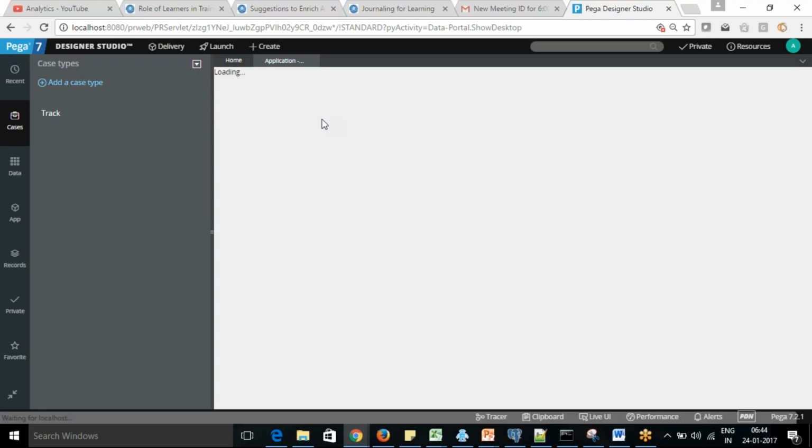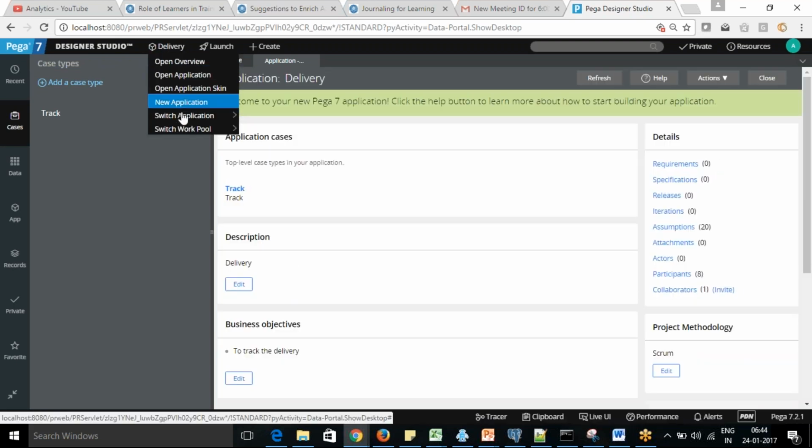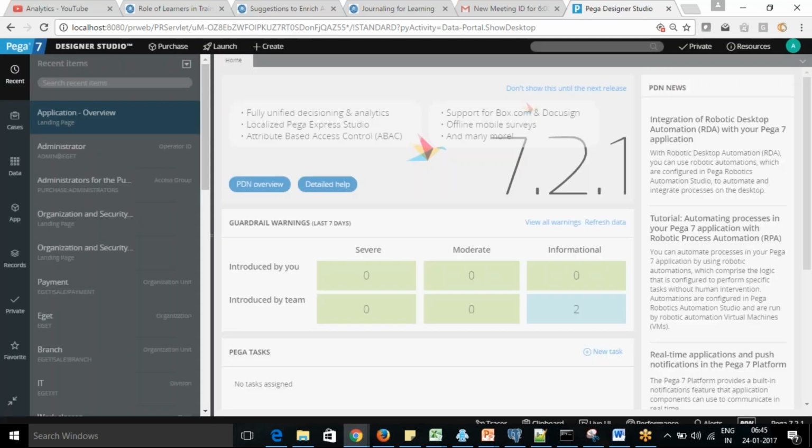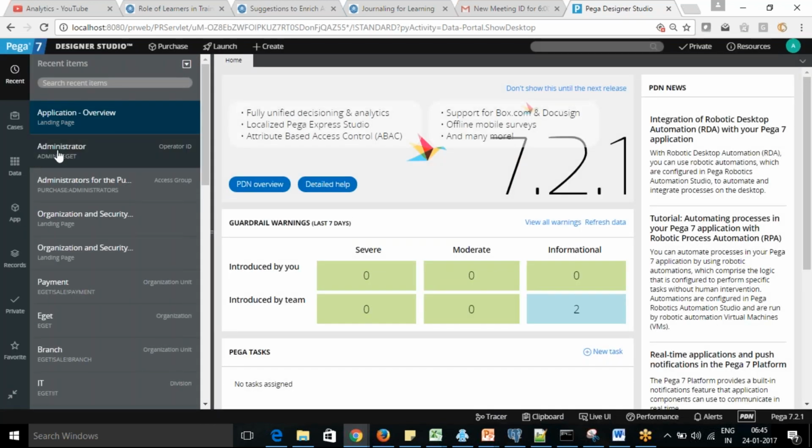Now we can see that it has switched to delivery. I can see I now have access to all of them. I can go to purchase from here, and I can go to delivery. Currently it is pointing to the delivery application. If I go back to my earlier application, it will show me that application.